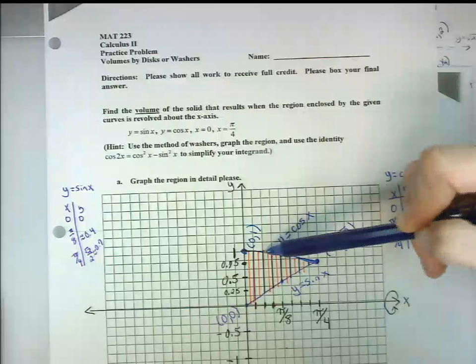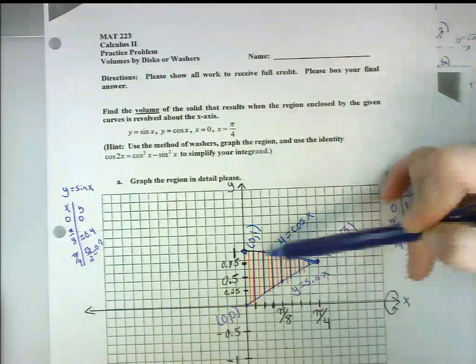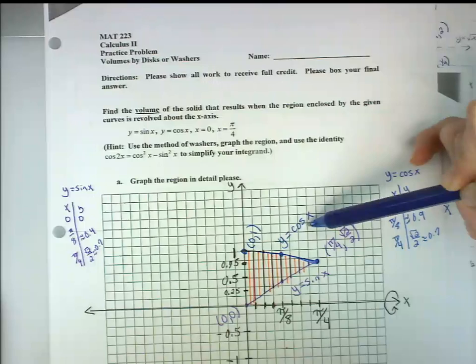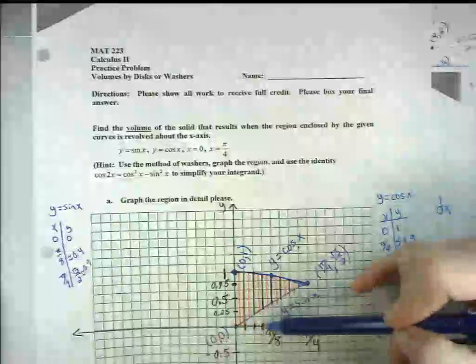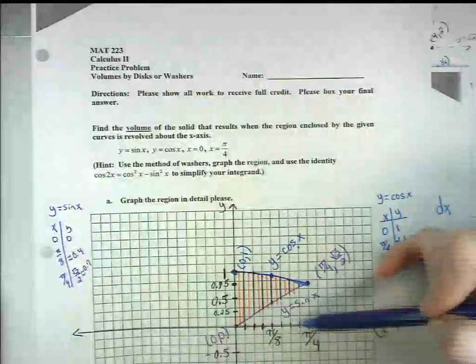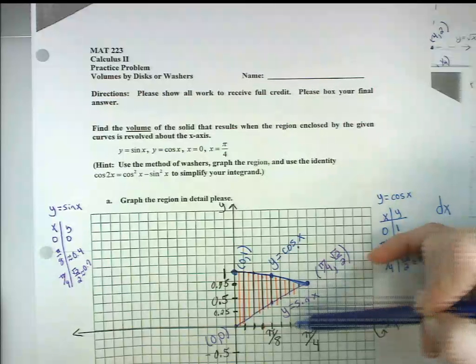The curve on the top will represent that distance from the x-axis to the curve on the top. Cosine x is going to be the larger radius. So g is the smaller radius of the washer at any washer I want to take, even here, when I go up to meet the curve from the center of the washer,